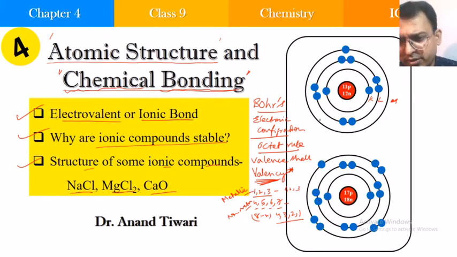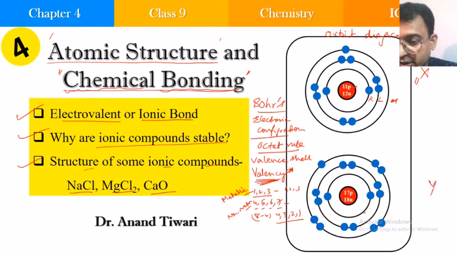So what you are seeing in the figure here, can you guess which element it is? This is an orbit diagram. We call this an orbit diagram because we are showing the orbits here. So these two are the orbit diagrams of two different elements. Which element is this? Which element is this? Here you can see the atomic number, the number of protons, is 11. What is the mass number? It is 23.